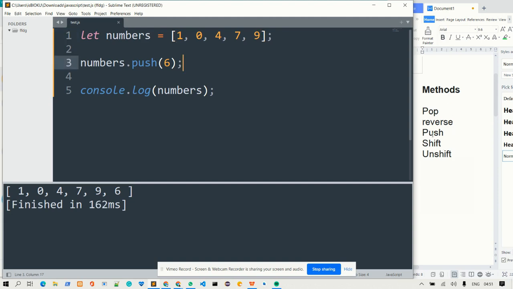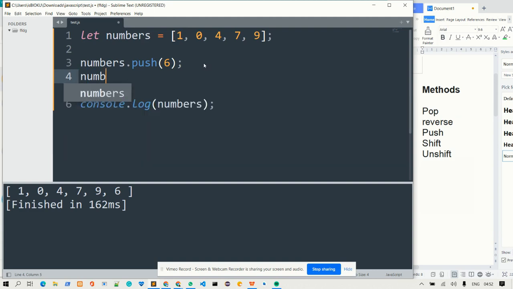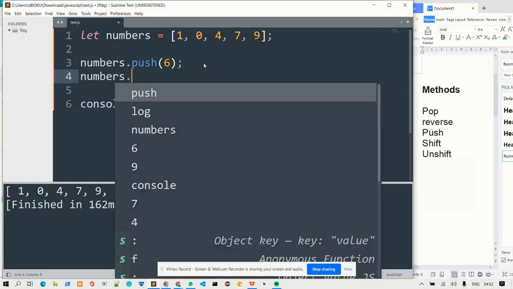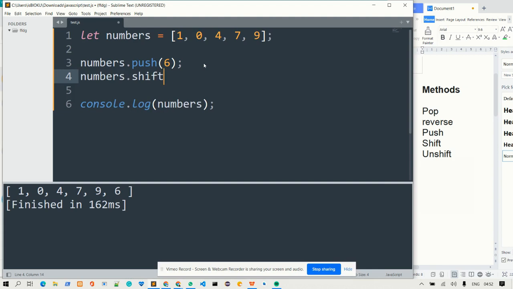So what this shift dey do for us is say e dey remove the first element wey dey inside our array. You get? So this element wey dey here, this first one, if we perform this shift operation, e go just remove this one wey dey here, right? So I go just come here talk say okay, numbers dot shift, right? And I go just close this program here, come press